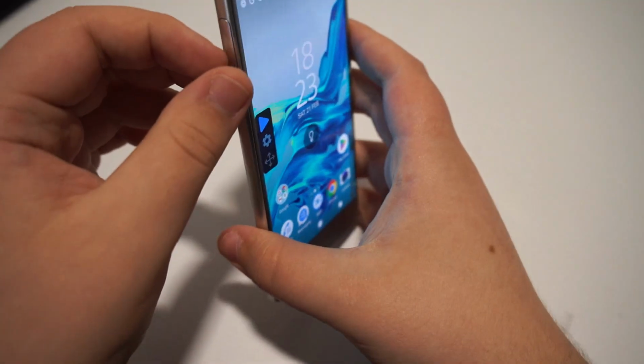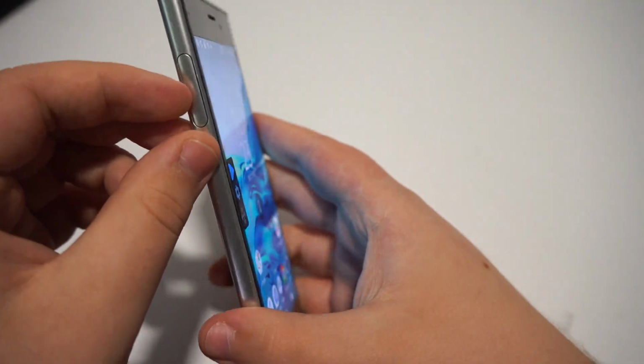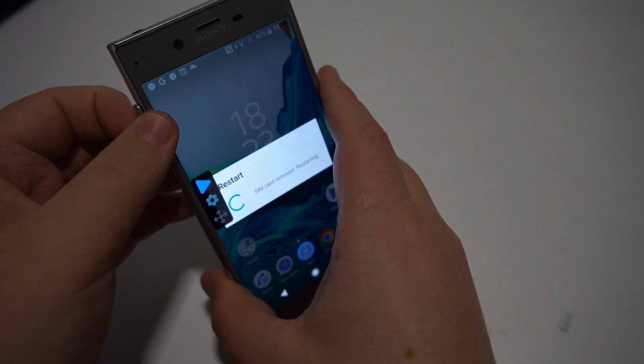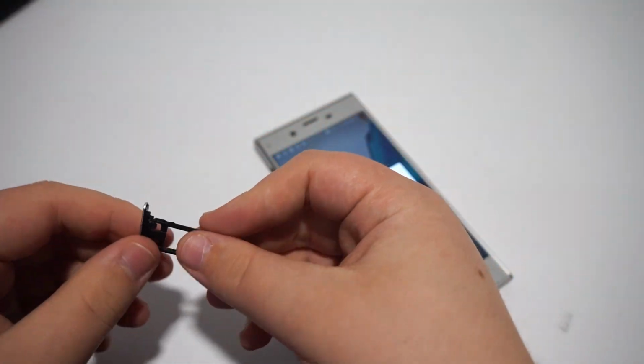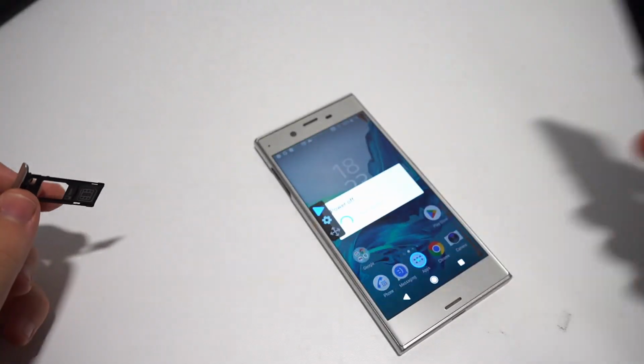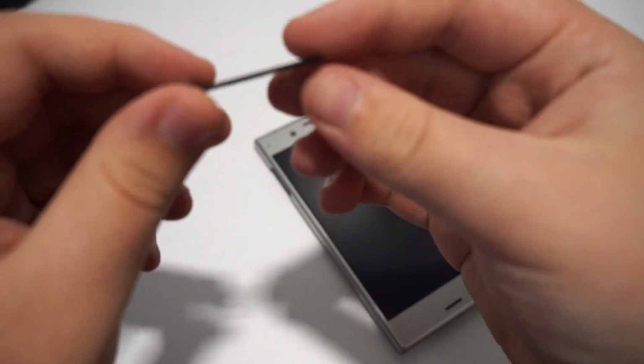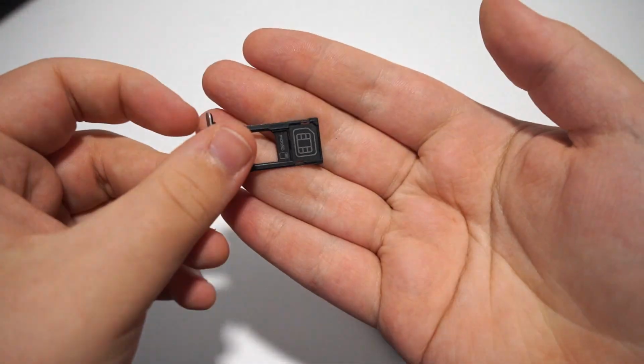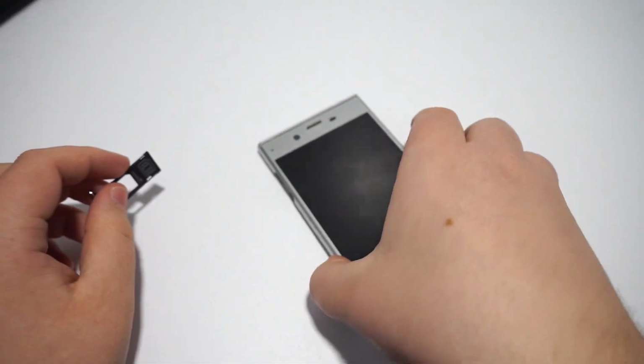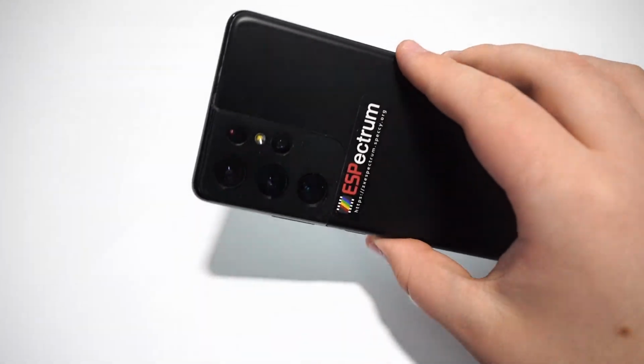Phones from Sony also have the nice advantage of having an SD card slot, and also many older Samsungs like this S10 also have SD card slots. So you can really put some extra storage in here so you don't have to worry about filling up the internal storage. However, if your phone doesn't have additional storage like this Samsung S21 Ultra or many other newer phones,